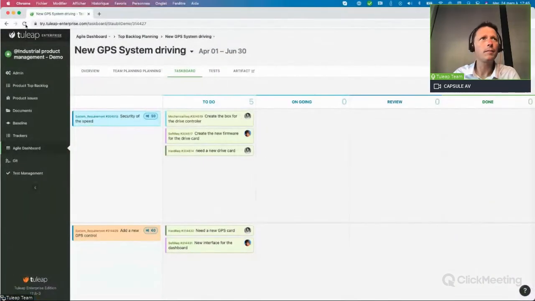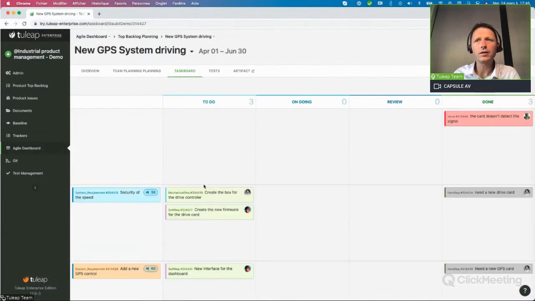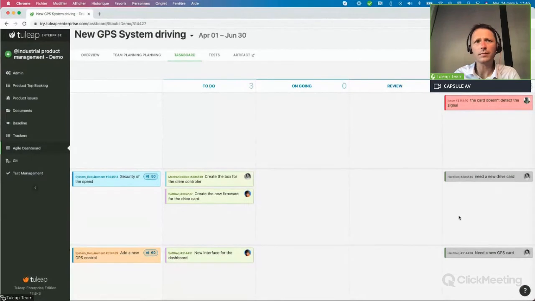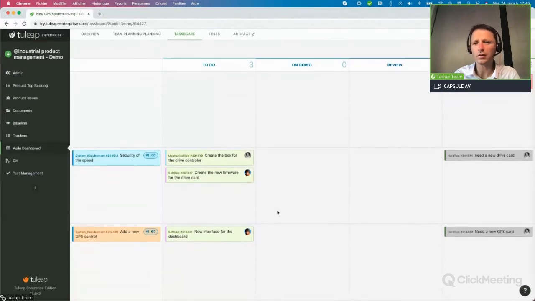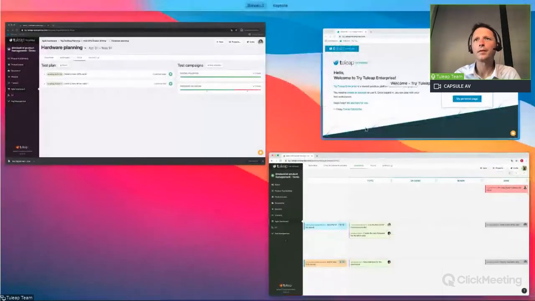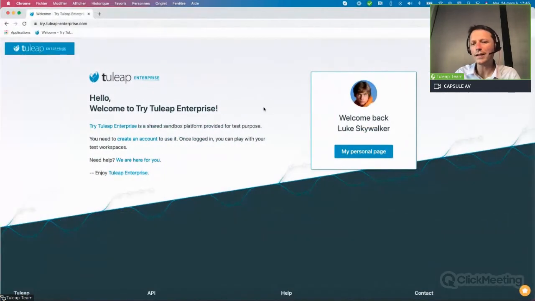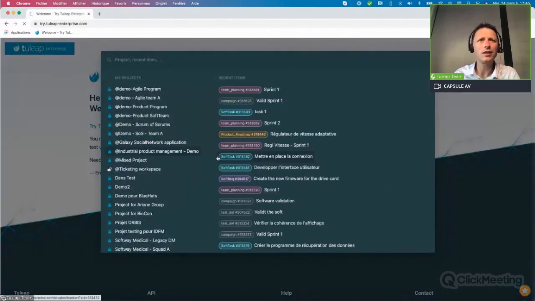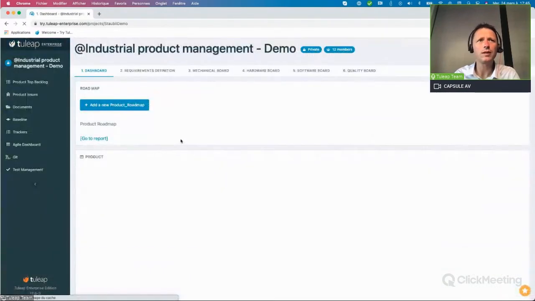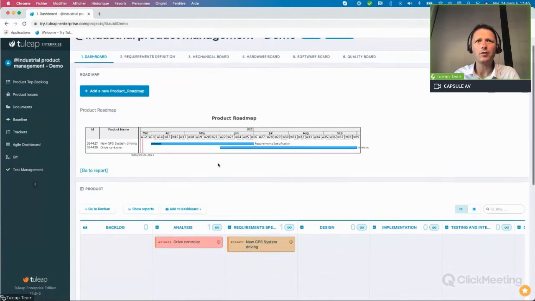Okay, so now the product manager sees that everything was done for the hardware team, but he sees that the software team hasn't done anything yet. So when you connect with your software team, I won't do exactly the same, but he will do the same. Okay, but you can see that when you go on the industrial product management demo, he has the same